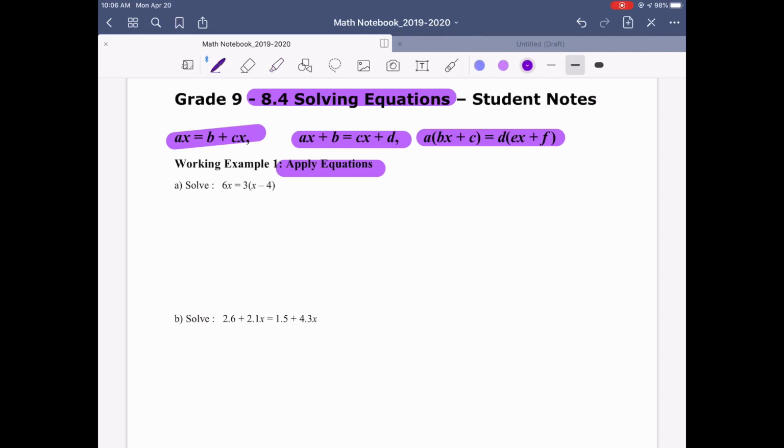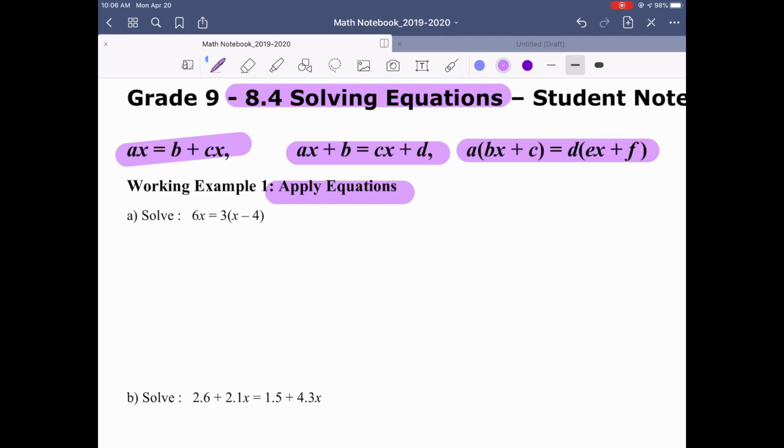One thing I need you to make a note of and keep in mind is that the difference between these equations and the ones you've been working with before is that you have an x on each side of the equal, whereas before you only had x on either the left or the right. Now, the whole purpose of solving equations is to solve for x, the unknown variable. So the key thing you want to be able to do here is move all the x's onto one side